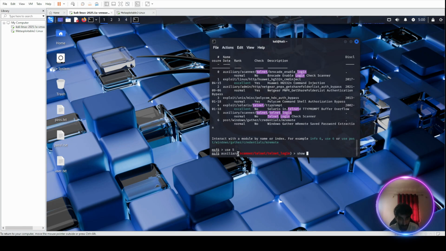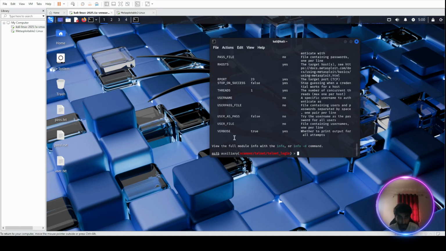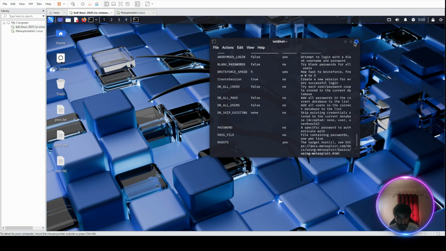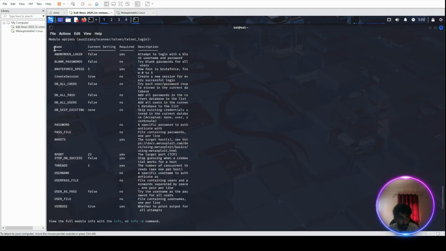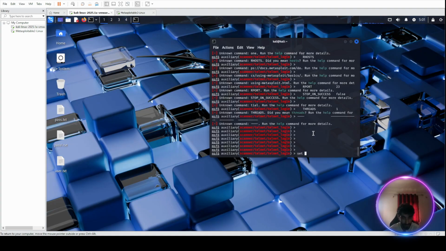Now we will check for the options. We have the requirements we need to run this exploit, a bunch of options with the descriptions. We need the RHOST, which is the target host IP, and we will turn stop on success to true. So the attack will stop once we successfully gain the credentials, and we will give the path of the user pass file. So let's set the user pass file